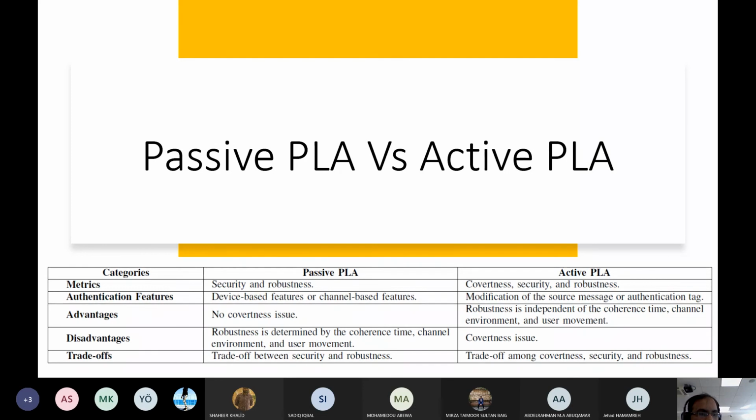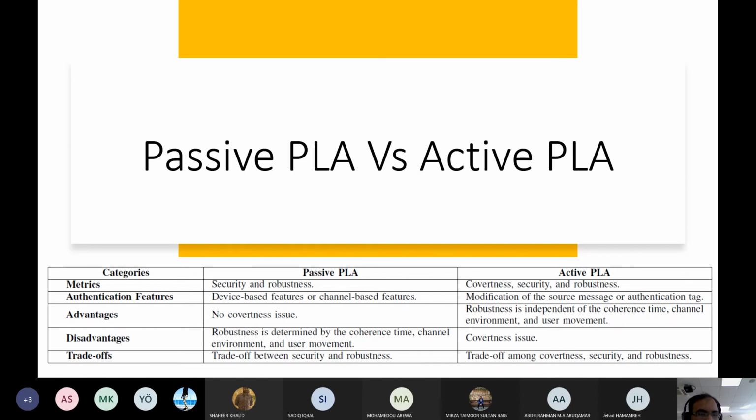The second important category is authentication feature. In the passive case, as I explained, it can be device based or channel based. In the active case, it can be modification of the source message or authentication tag in the case of non-covert, or in the case of covert, you can modify the message parameters.